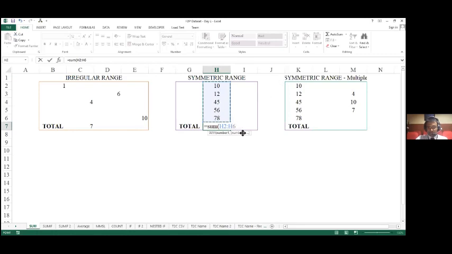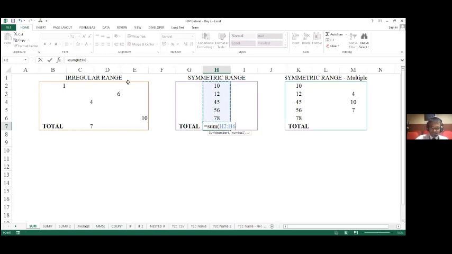How did I do this? I pressed the control key on my keyboard, and then used the left button of my mouse and dragged across the series like this. Now Excel has understood I'm looking forward to summing up the answers for a symmetrical range.